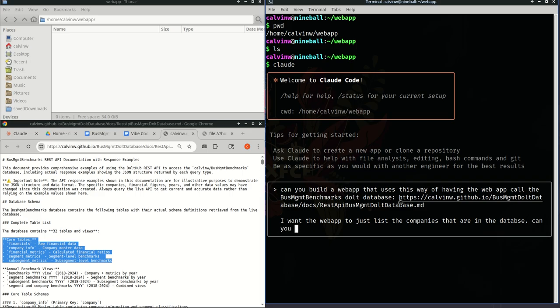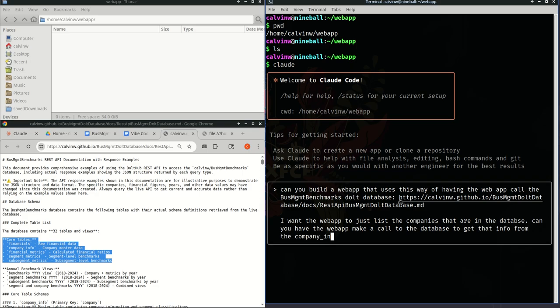Can you have the web app make a call to the database to get that info from the company info table? I want the app to be dynamic so that whenever it is